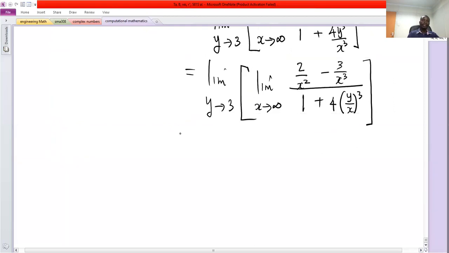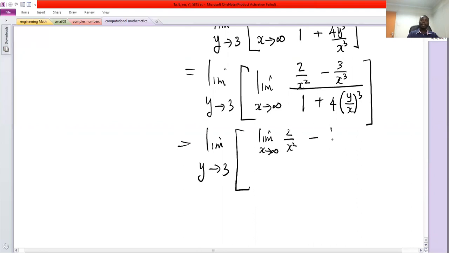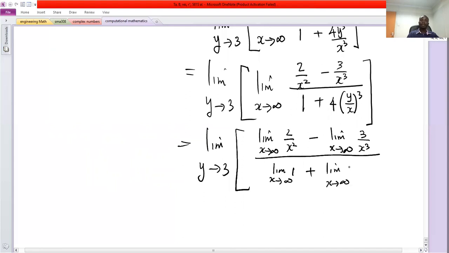So we have the limit as y approaches 3 of the limit as x approaches infinity of 2 over x squared minus the limit as x approaches infinity of 3 over x cubed, over the limit as x approaches infinity of 1 plus the limit as x approaches infinity of 4y over x power 3,